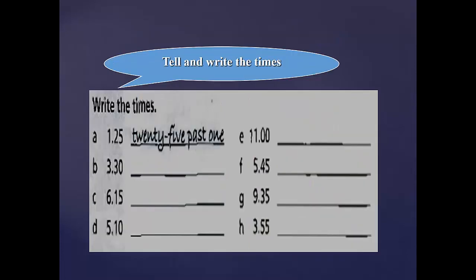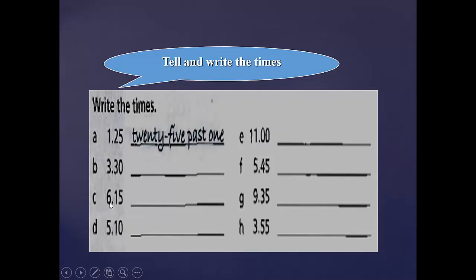Let's move on. Okay. So here we have writing the times, and we're gonna write these both the way I just showed you and the normal way. They're both normal. I'm just used to the other one, but hey. So 125 is obviously gonna be 25. So 25. Guys, remember we always start with the minutes. So 25 past 1. Remember this? Half. So how are we gonna say this? That's correct. Half past 3, or 3:30, right?